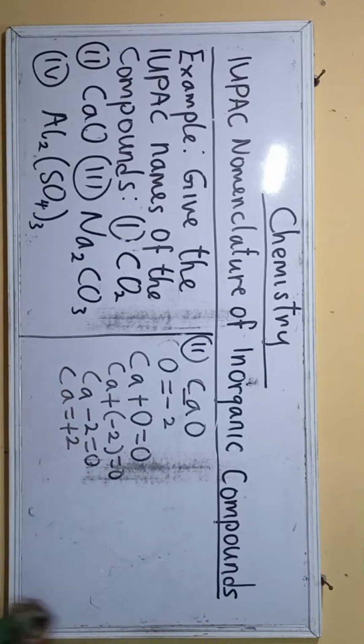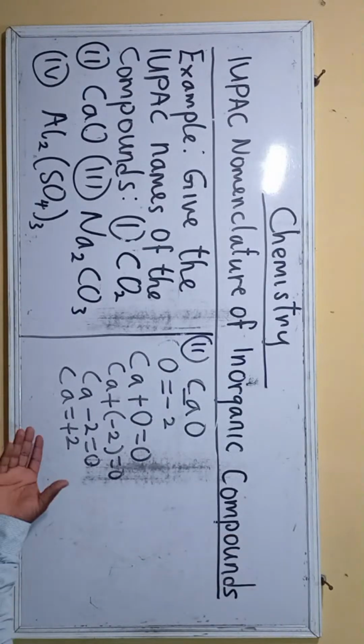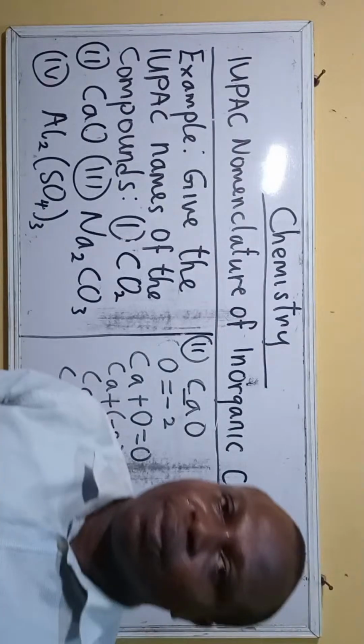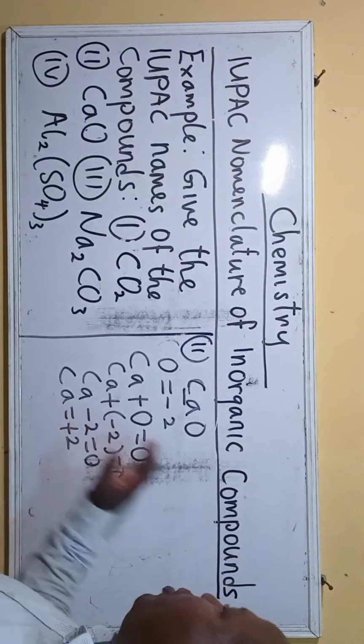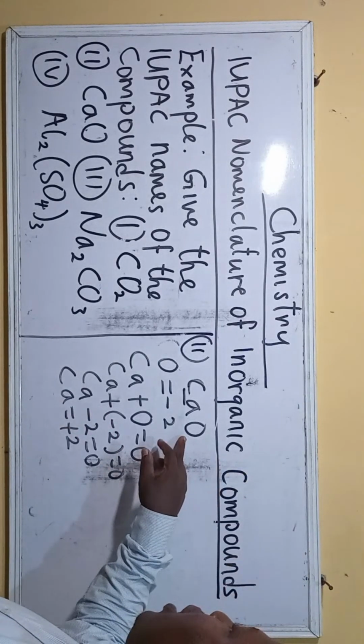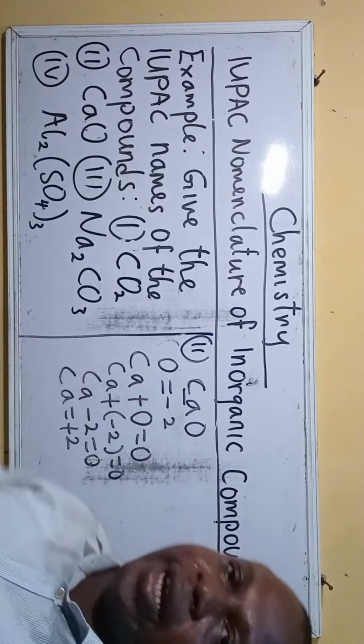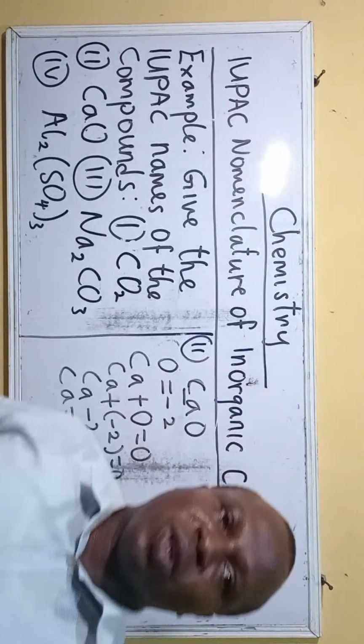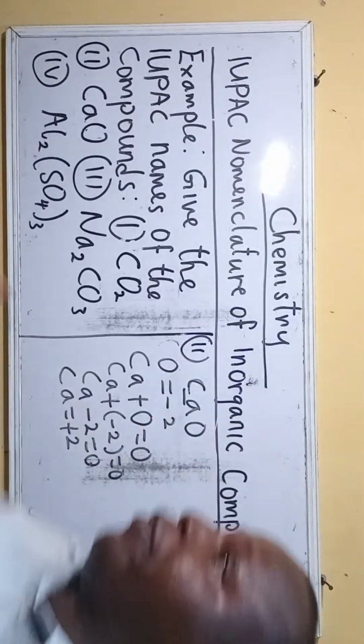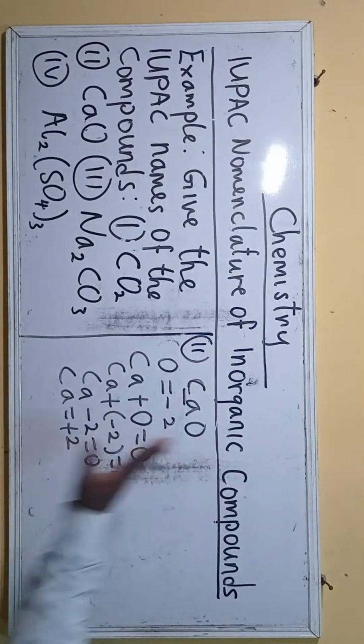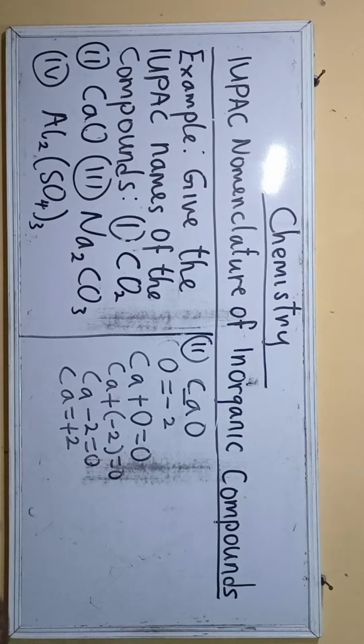+2. Since I only have two elements, if I want to name this compound, according to the rules, oxygen will become oxide, based on the first one of the rules we have here. So if I want to name this compound, it should be